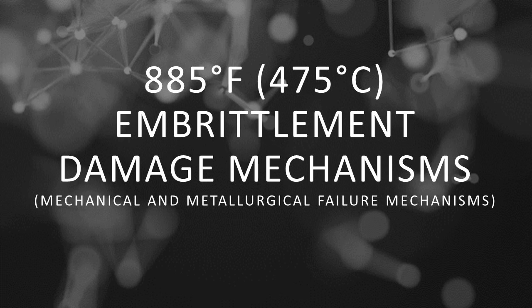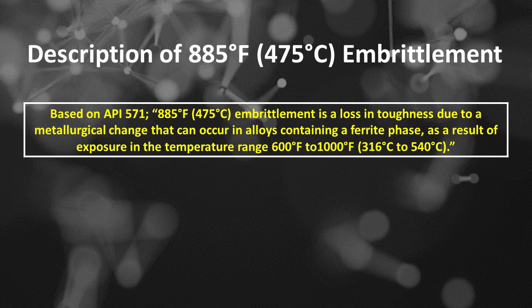885 degrees Fahrenheit or 475 degrees Celsius embrittlement damage mechanisms is a part of mechanical and metallurgical failure mechanisms. Description of 885 degrees Fahrenheit or 475 degrees Celsius embrittlement based on API 571. 885 degrees Fahrenheit or 475 degrees Celsius embrittlement is a loss in toughness due to a metallurgical change that can